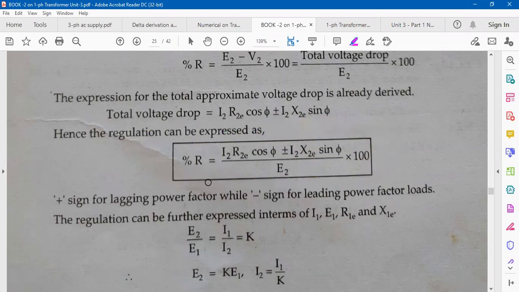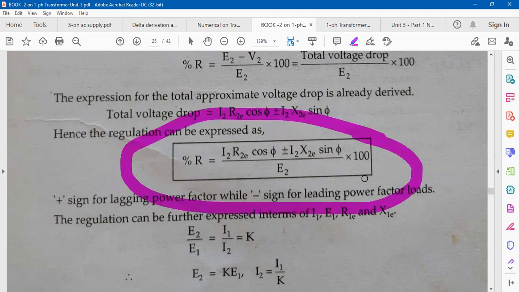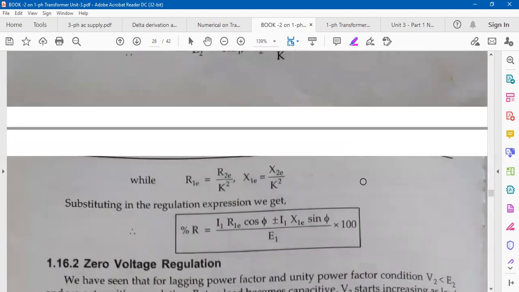So if it is given that the power factor is lagging, use the plus sign here. When it is given that it is a leading power factor, use the negative sign, and the formula is as it is. And whenever it is given to you unity power factor or resistive type of load, it means phi is 0 degree, so this term will not be there because the complete term becomes 0, and cos phi will be 1. Got it? Okay. That's it. So everyone please keep this formula in your mind.